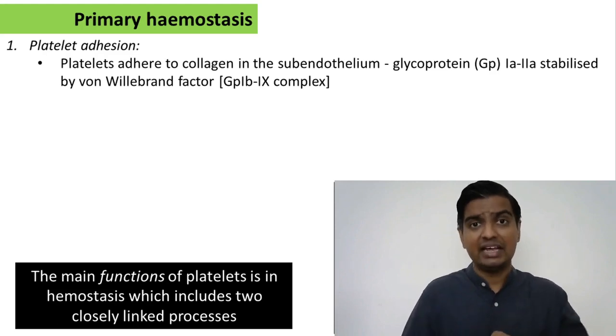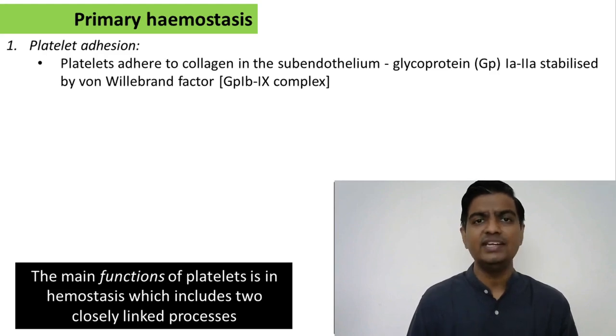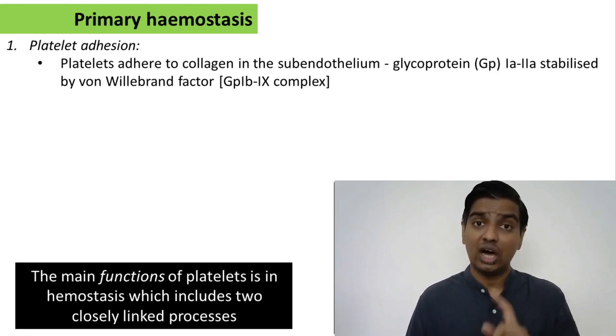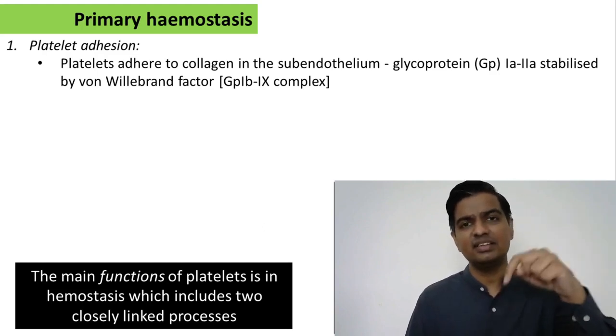Simple. Is this binding absolutely strong? No, this binding is not strong. This has to be stabilized, and here a factor called von Willebrand's factor, VWF, that's how you write it in short. Von Willebrand's factor attaches to another protein on the surface of platelets, that is GP1b/9, and this combination becomes stable. So what I am trying to tell you is, in a normal scenario, platelets cannot stick anywhere because there is nice endothelium. If the endothelium is damaged because of injury, the platelet then can see the subendothelial collagen.